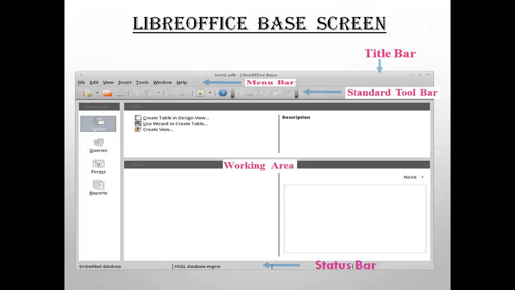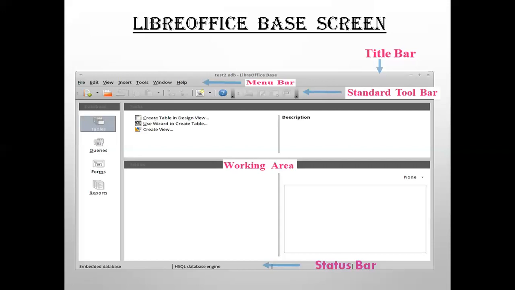Then comes the working area. The rest of the part below the standard toolbar is the working area. It is divided into 2 panes, P-A-N-E, pane: the left pane and the right pane. The left pane displays the database objects like tables, queries, forms, reports, and the right pane displays the activities related to that particular object.